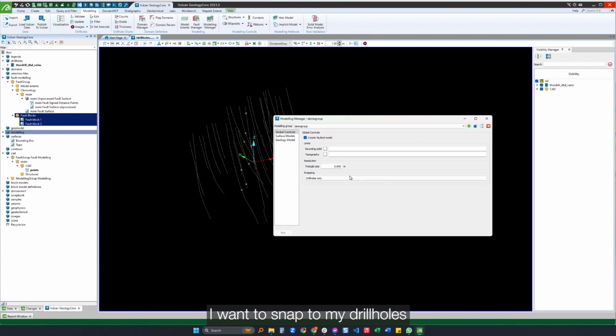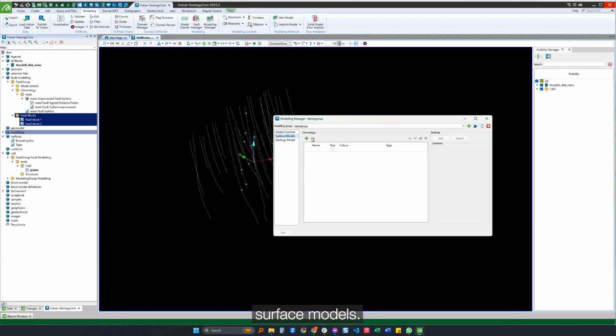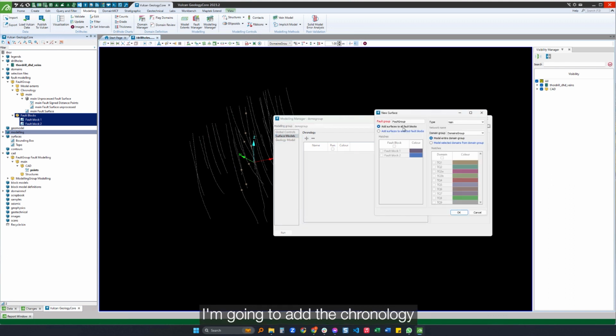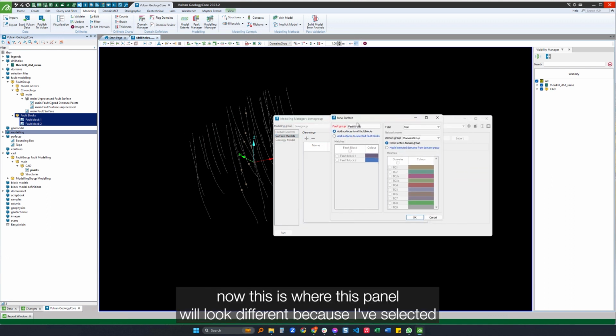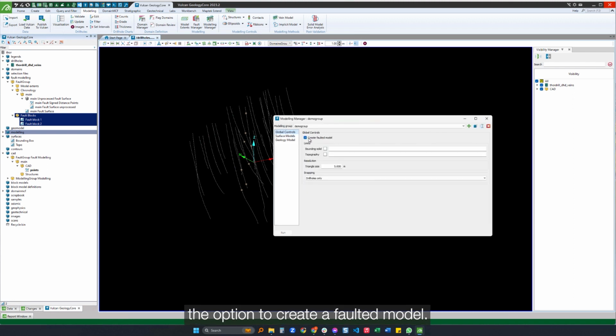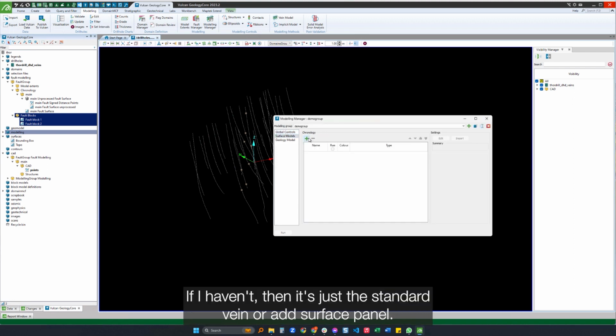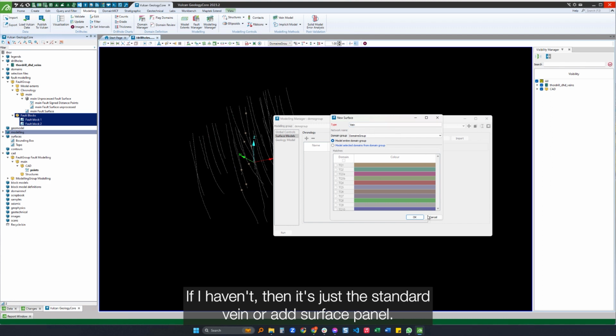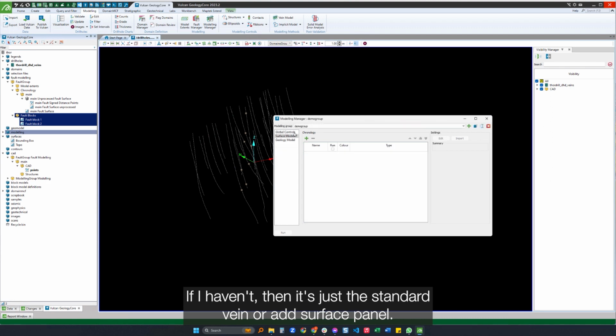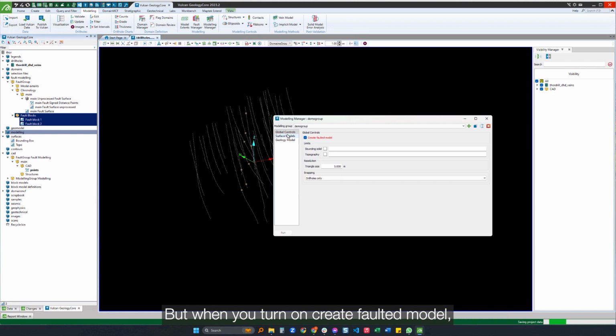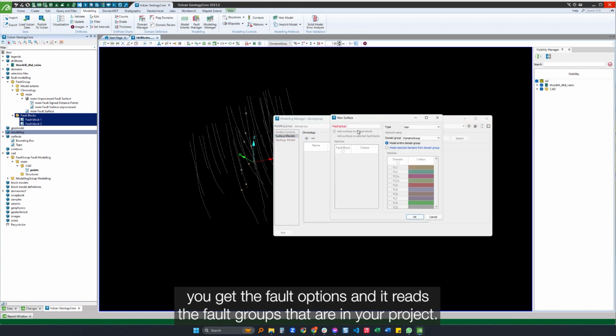I want to snap to my drill holes. Surface models, I'm going to add the chronology. Now, this is where this panel will look different because I've selected the option to create a faulted model. If I haven't, then it's just the standard vein or add surface panel. But when you turn on create faulted model, you get the fault options, and it reads the fault groups that